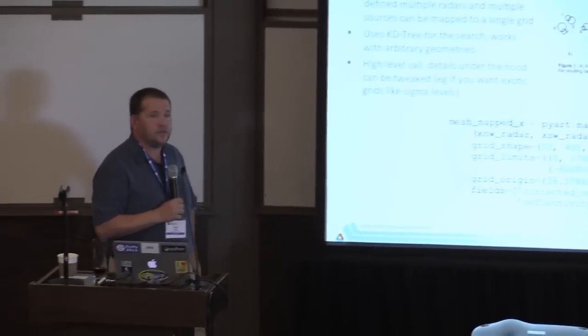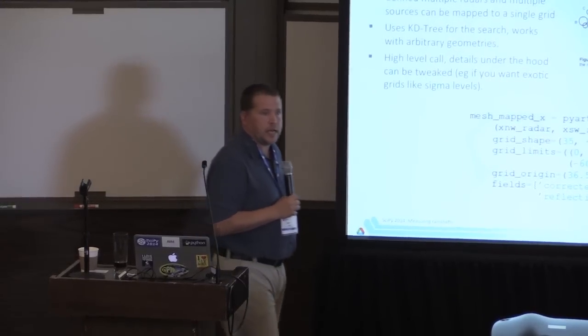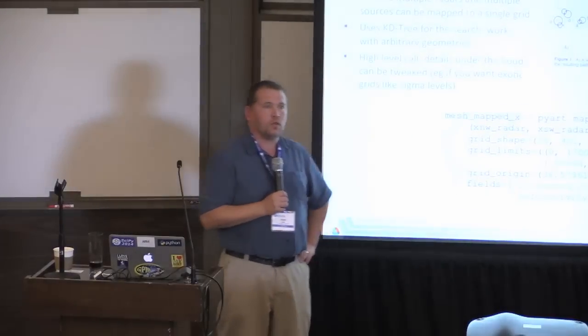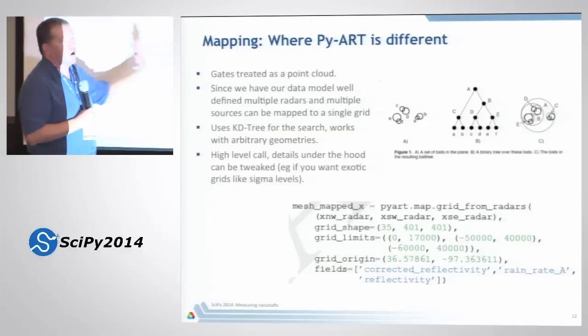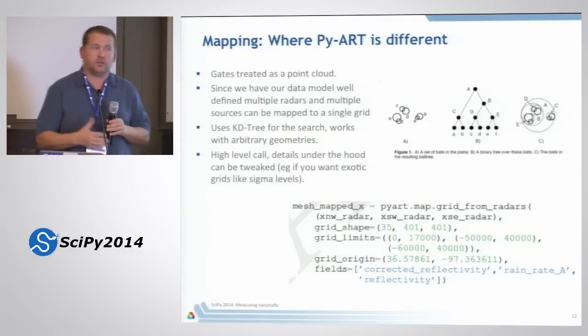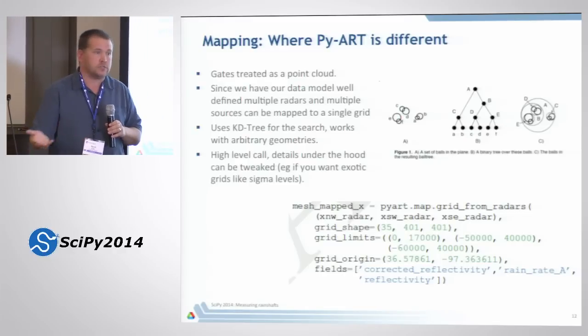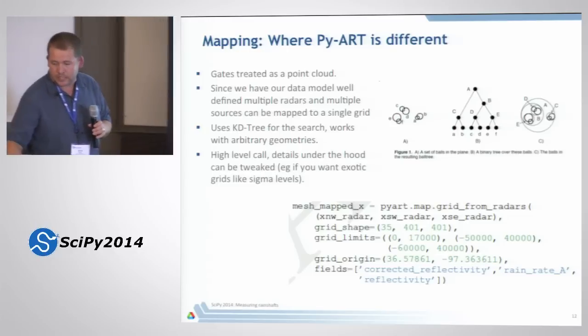Now, where PyART is different to many other bits of software that's come before it is we treat gate data just as a point cloud. What that means, if I have multiple radars, I can put all of those points into the same point cloud, whether they be moving radars, sitting still, or on an aeroplane, or just stationary scanning radar. So here are the radar files I read in before. I actually call it with a tuple of radars. So if I wanted to just map one radar to a grid, I would just hit it with a single radar. Say I had a network of the NOAA NEXRAD radars, so up in Chicago we have like 3 in our local area. I can actually send multiple radars to that point.